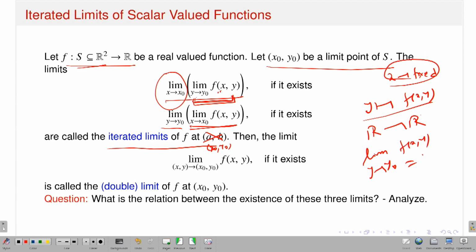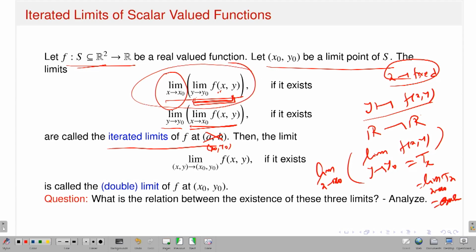So it will give you some value, but since x is fixed, it should depend on x as well. If this is the case, then I will take the limit as x approaches x naught. So that means this is the same as the limit as x approaches x naught of d(x). And if this limit exists, suppose it exists, then I will say that this is finite, or this is